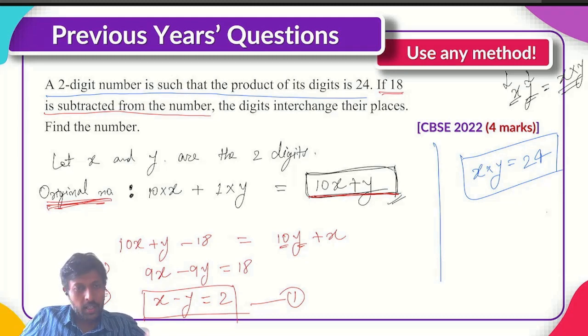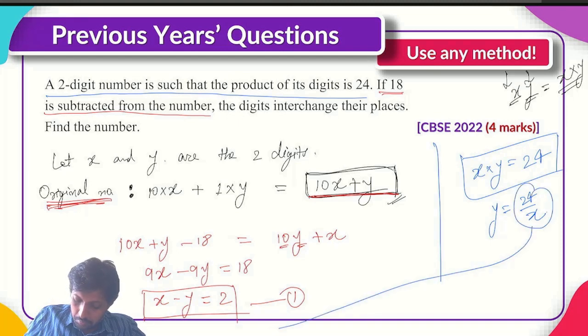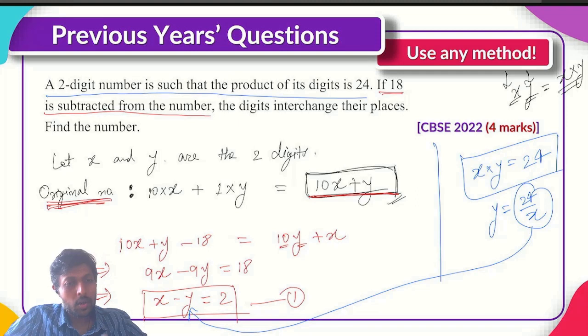How? So there are many ways. You can use the substitution technique. Remember, you learned it in the chapter polynomials when we were studying about quadratic polynomials. So express y as 24 upon x and then substitute this value here. You will get a quadratic equation in x. You figure out the roots of that quadratic equation and you will get the answer. Okay, I'm going to leave the rest to you, and we are going to move on to the next question,